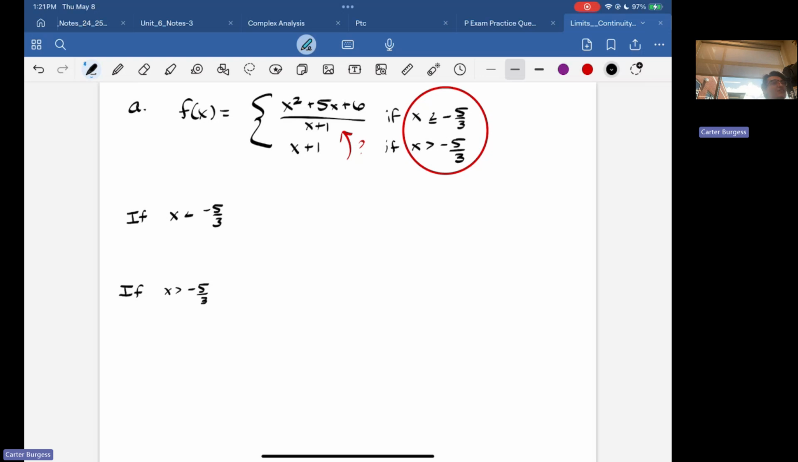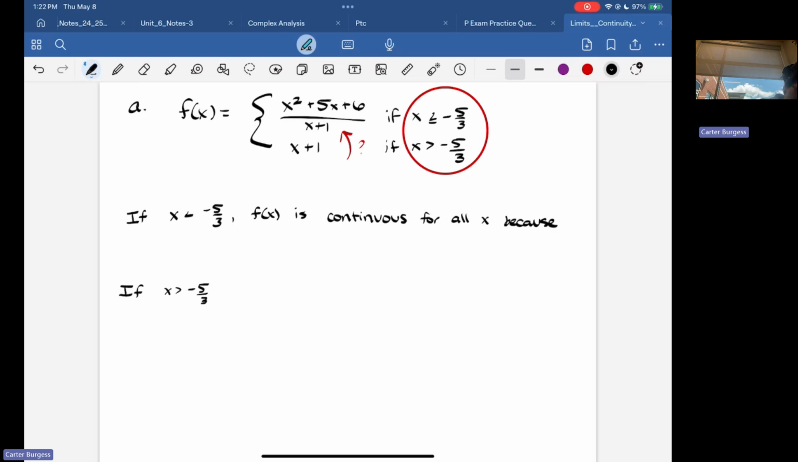-5/3 is our cutoff. It's the largest possible value that we could use for the top equation. And so we never reach -1, right? We don't use this definition for our function when x is equal to -1. And so we might make a statement along the lines of f of x is continuous for all values of x, assuming x is less than -5/3,